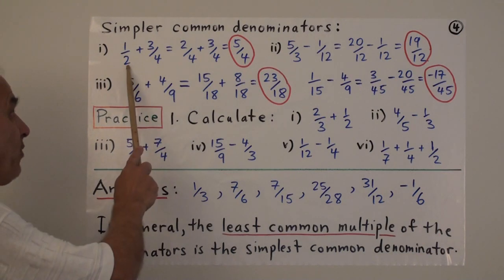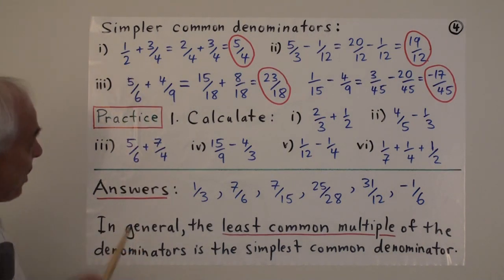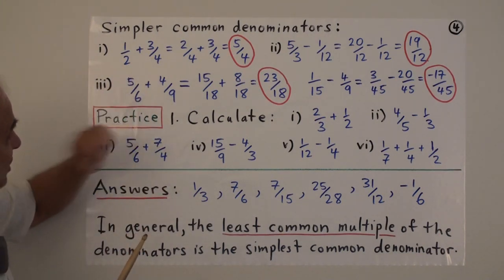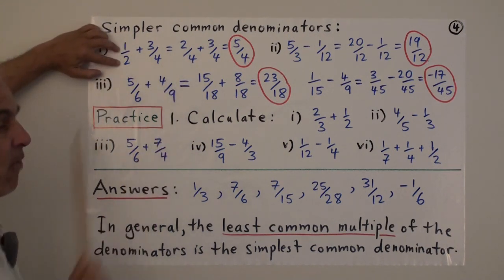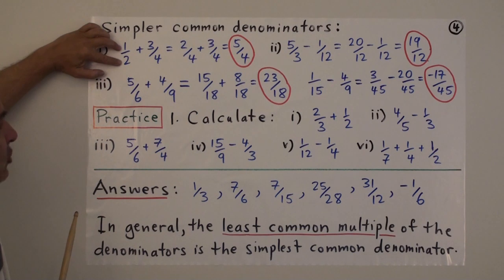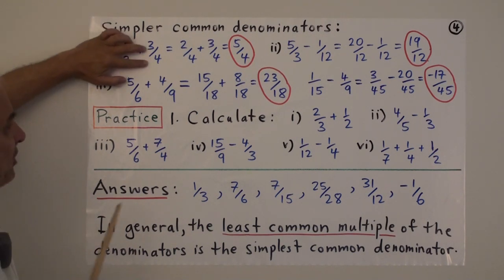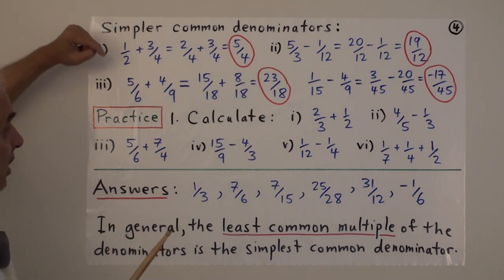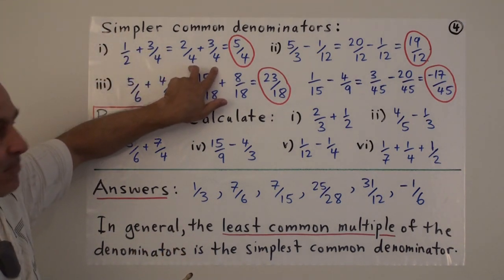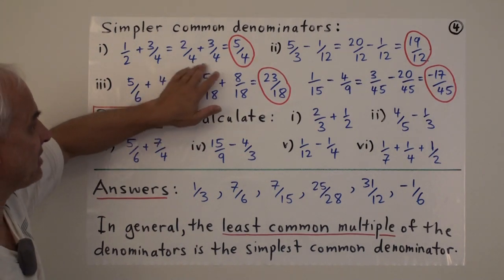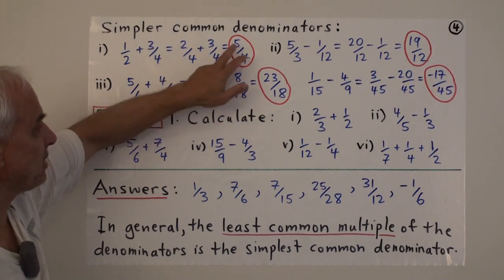So let's have a look at this one. 1/2 plus 3/4. We can rewrite both these fractions in the following way. We can rewrite 1/2 as 2 over 4, just multiplying by 2. And we can leave this one where it is, 3 over 4. That one operation now has the denominators being the same. So we can just add them in the standard way. 2/4 plus 3/4 is 5/4.